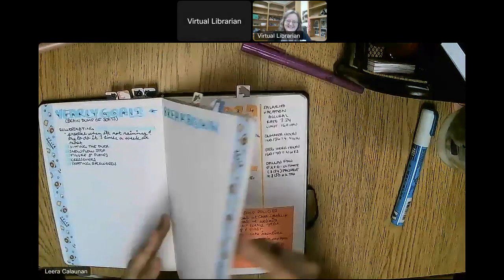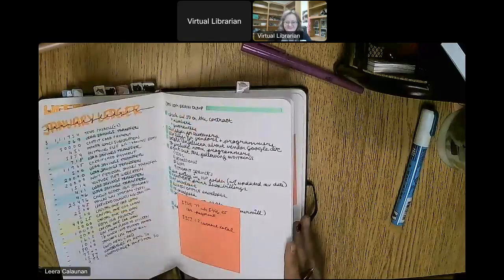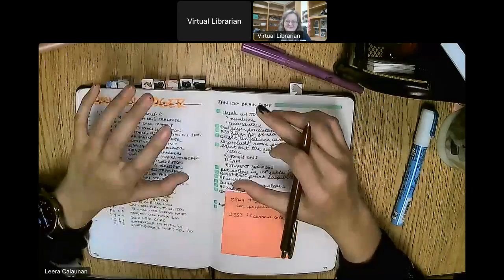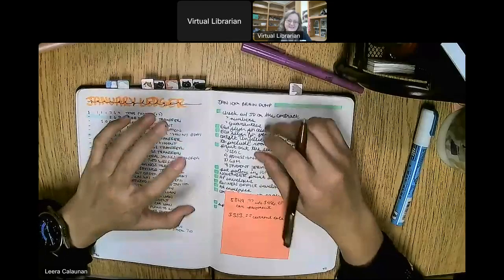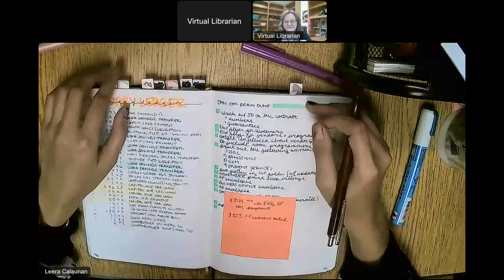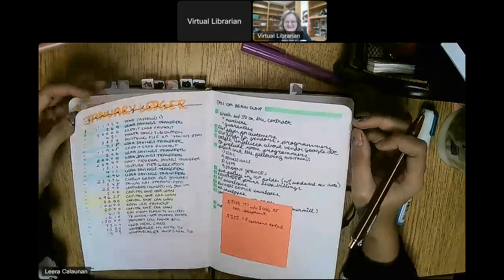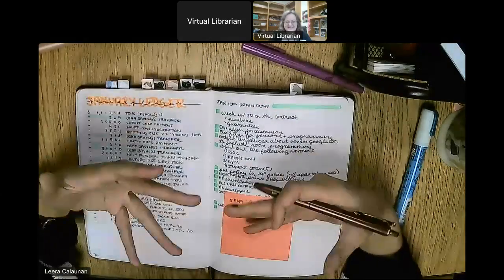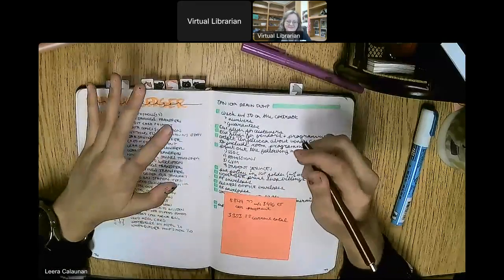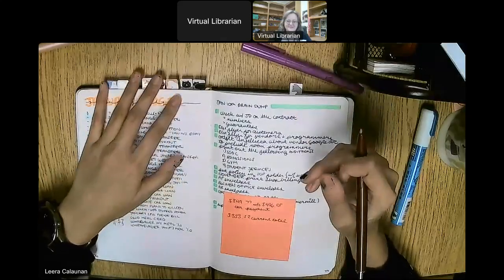But yeah, I'm not really sure what else to go over other than don't overwhelm yourself trying to do everything, and also don't overwhelm yourself because it doesn't look pretty. Bullet journals aren't supposed to look pretty. They should be functional. They should serve you and you alone. The pretty aspect of it and the art aspect that a lot of people see, it's nice, but